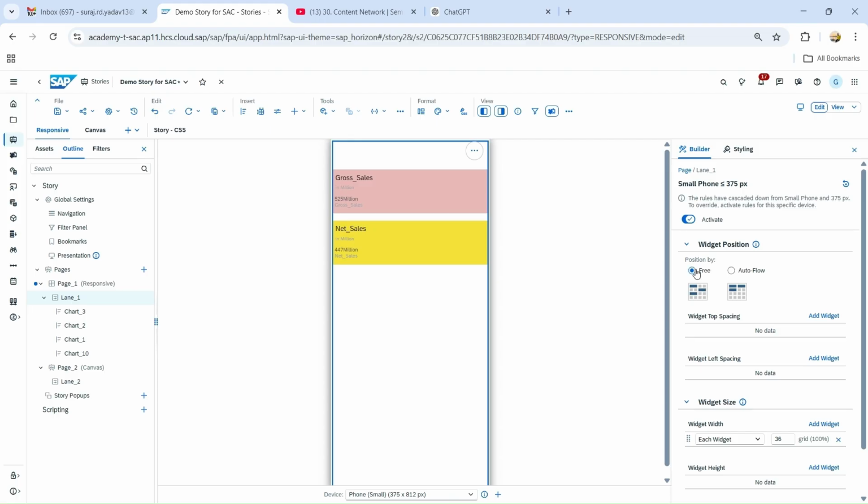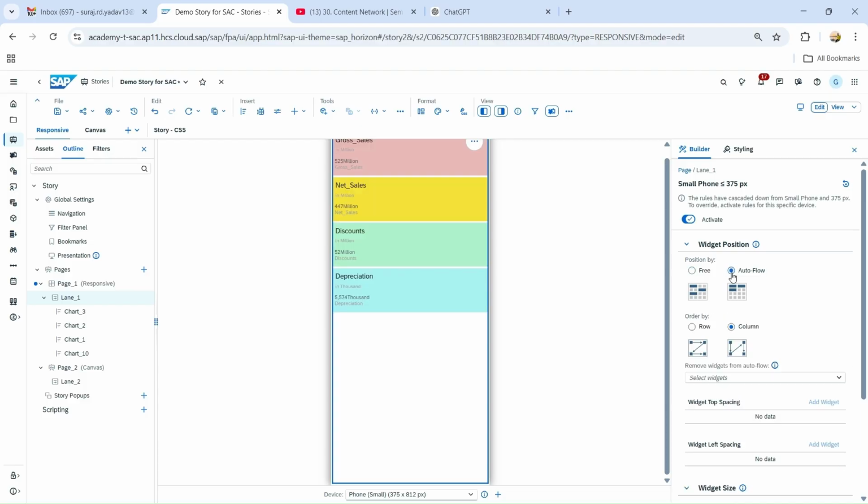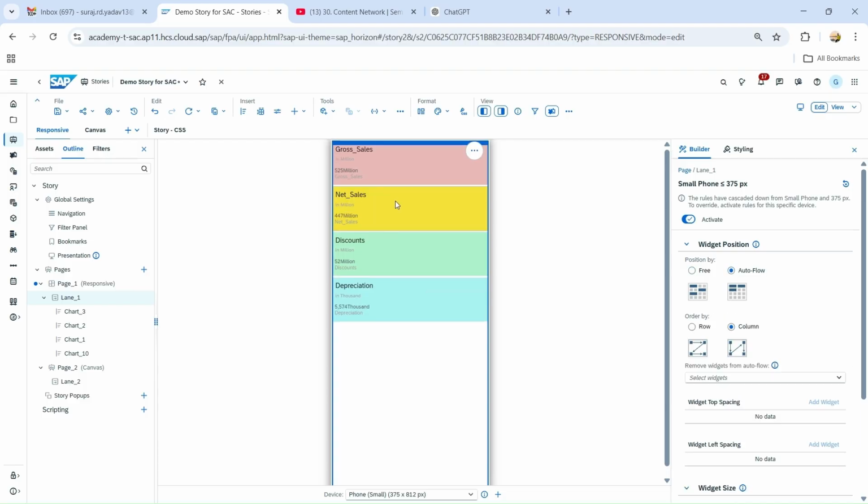position is not useful if your device type is very dynamic in nature, like the width and all. So in those cases auto flow is very important. When auto flow is on, it adjusts all the things. And here also, how you want to go with. So currently it is by column. That means